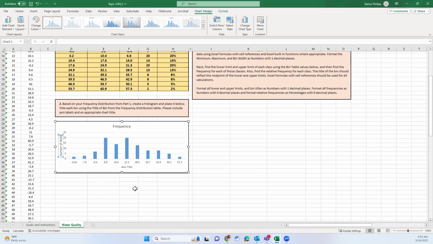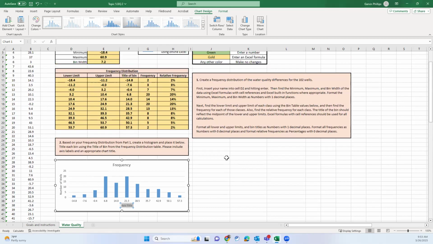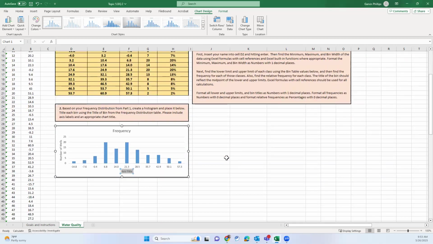Wells. And then this is, what was this, water quality? Okay. No, it was change in water quality. What's it called? Change in water quality. Okay. Change in water quality. Okay. And then